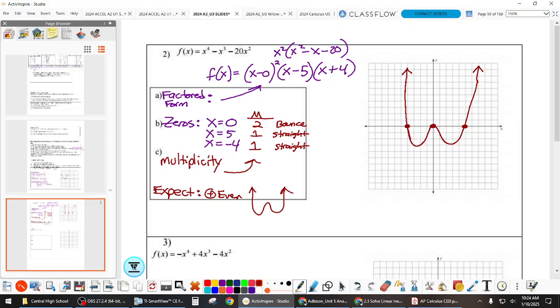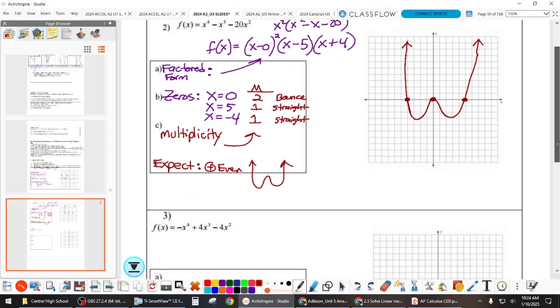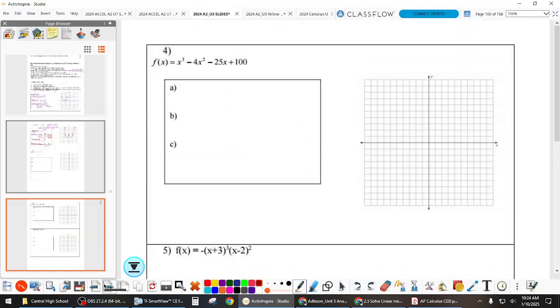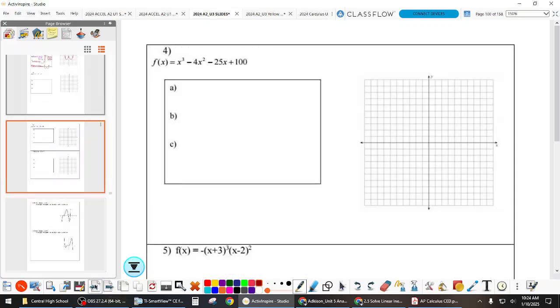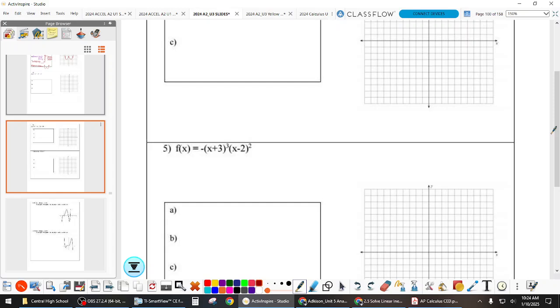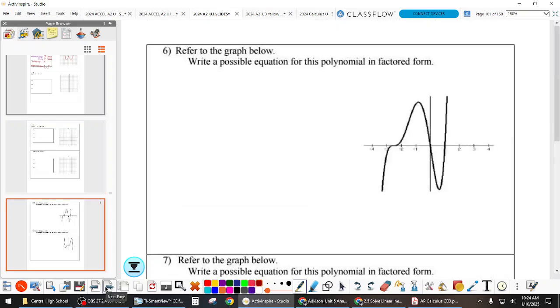Circle number 3, please. And 4, I'm going to have to teach you a different factoring style. You could do 5, though. So number 3, 5. And I want you to try number 6. So 3, 5, and 6. This one is set up to be an upload, so you'll be able to upload that for